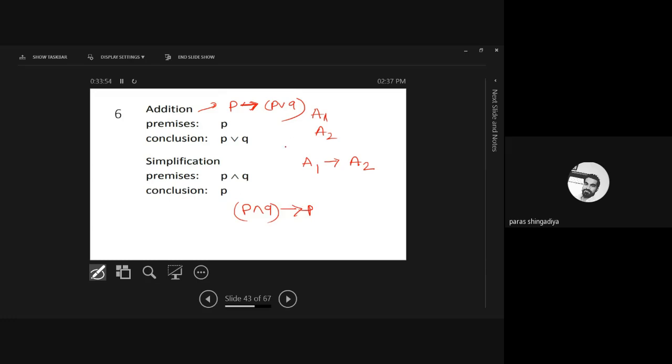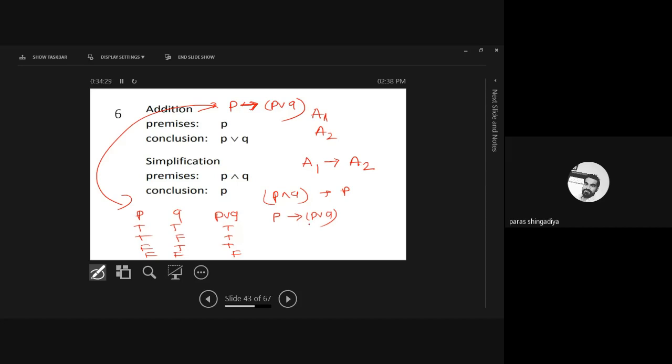Clear? Let us solve the first one so we will get an idea. P and Q, and that is P. Let us solve this first one here. P, Q, 2 columns are required. Then after that P or Q is required. And then the final answer, P conditional to P or Q. So both are T, TF, FT, and both are F. So the P or Q answer is T, T, T and F. And now apply P conditional to P or Q.